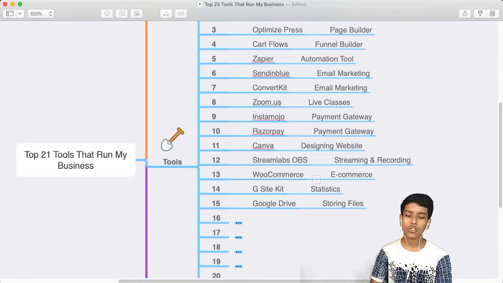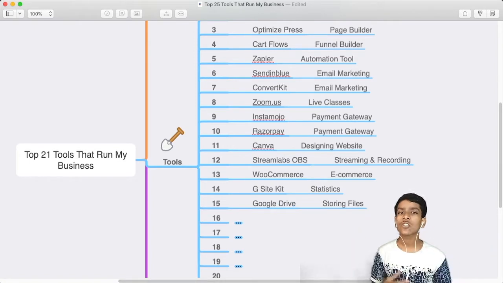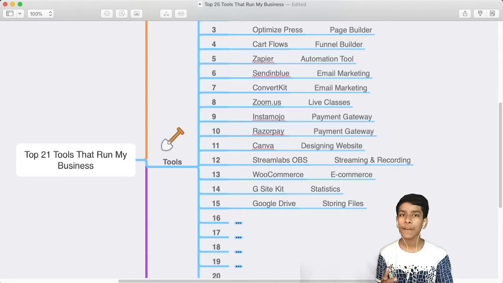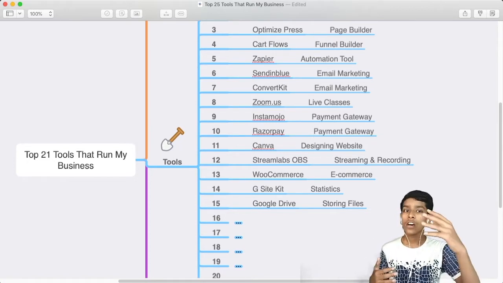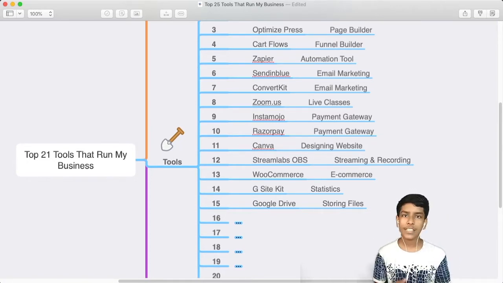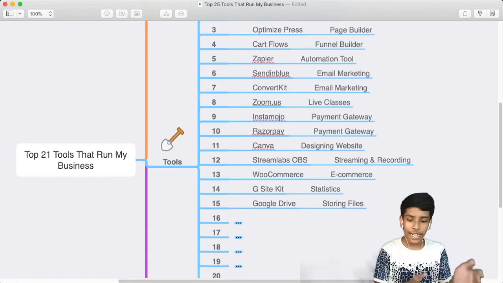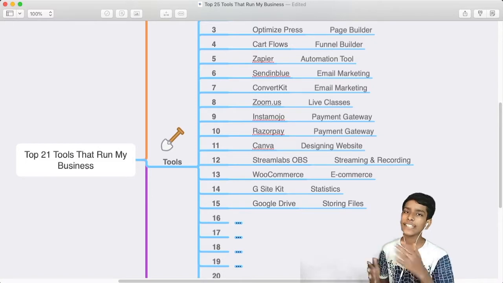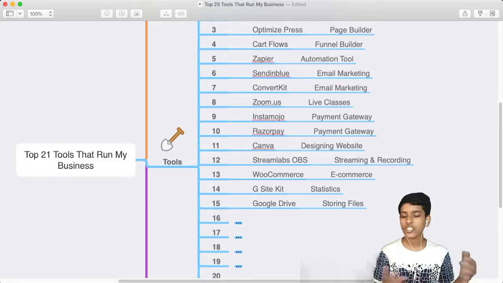So the 15th tool is Google Drive. Google Drive helps you store files. Actually, all the resources PDFs I just upload on Google Drive, because if I want to update the file, I just upload the file once again, and it asks me if I want to update the version of the PDF. If you want that, we can do it. Otherwise, if you want to keep it separate, yeah, we can do it. So Google Drive is the best for storing files. I just create short links, then share with you all.